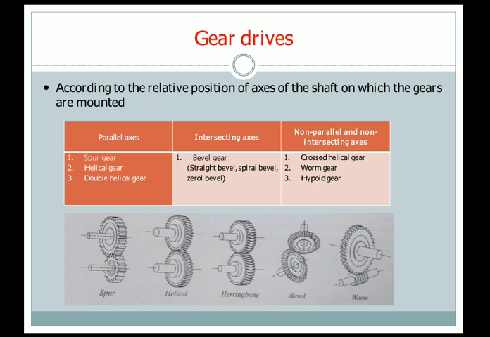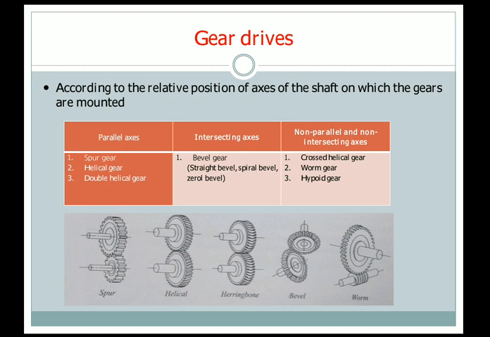In the parallel axis type, the axes of the two gears will be parallel to each other. In the figure below you can see spur gear, helical gear, and double helical or herringbone gear. The axes of all three gears are parallel to each other. Parallel means two lines will not meet at any point. So the distance between the two axes is the same if you measure at any point.